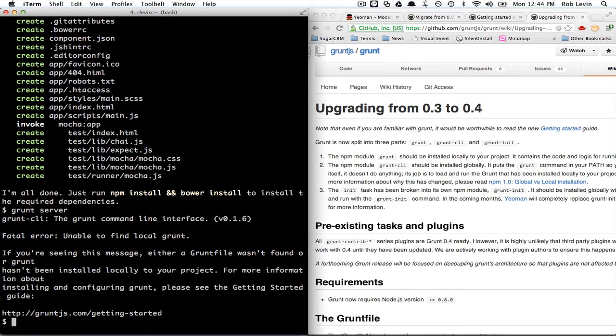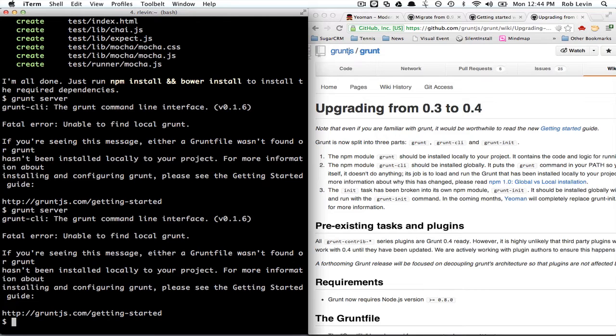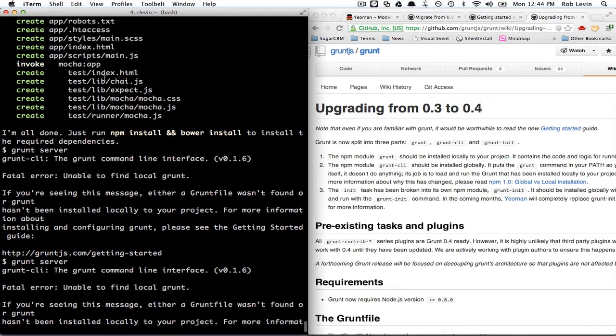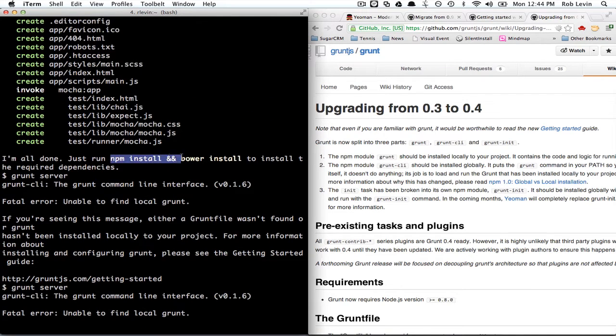Okay, so now I thought I could just do grunt server. Oh, went too fast. Grunt server. Fatal error, unable to find local grunt. Okay, so I also got another error where it was having trouble finding grunt-contrib-livereload. But it turned out I didn't see this message right in front of me, but it's not really in the